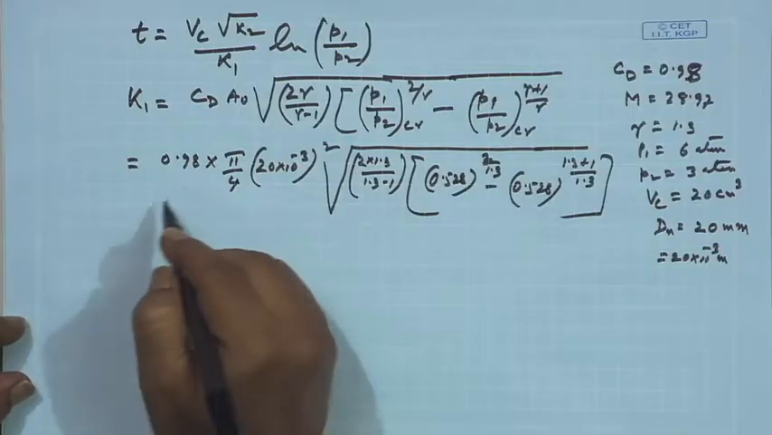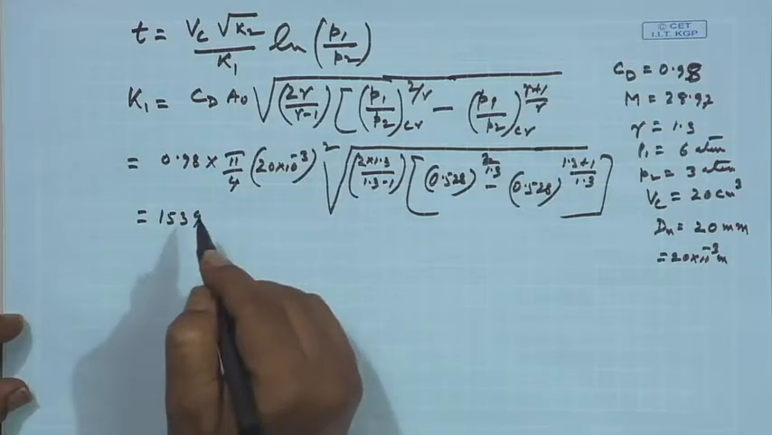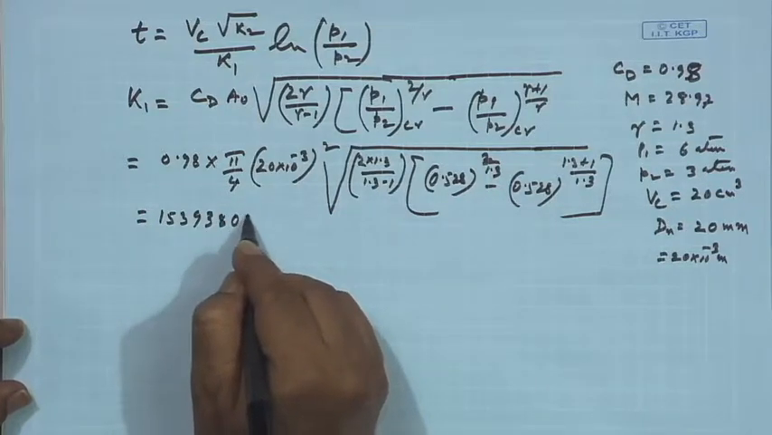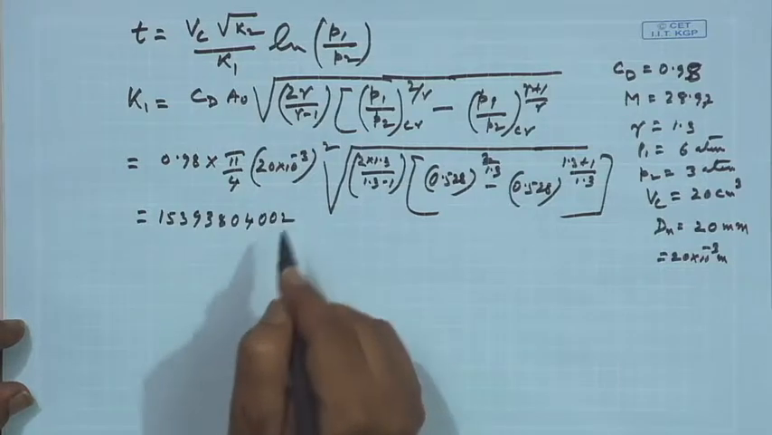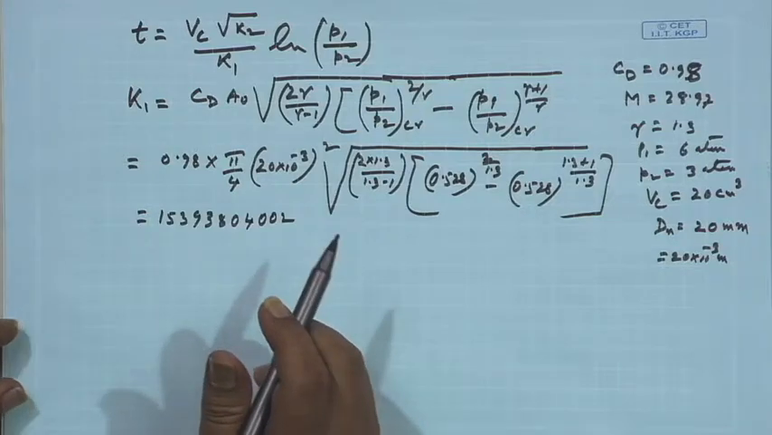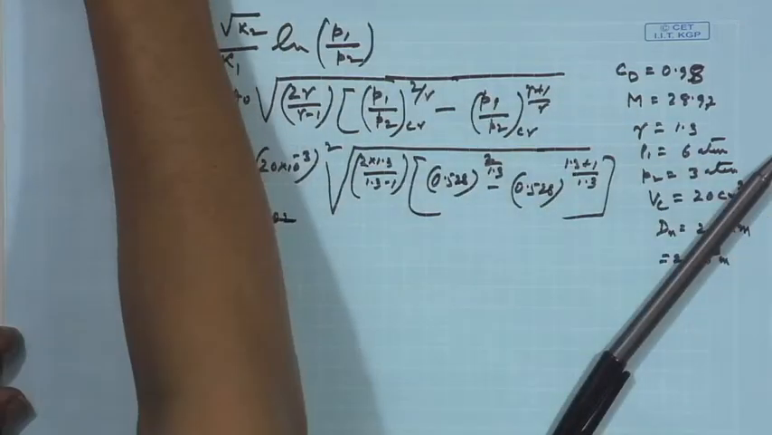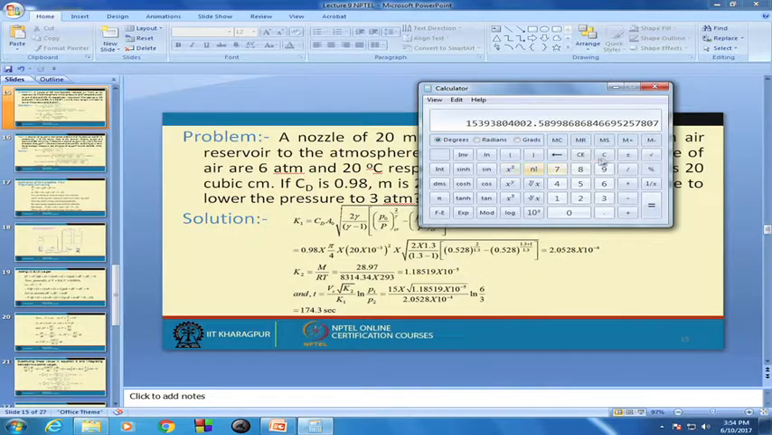Now, what about under root? So, let me also write it, otherwise 153938040002. How come it is so? Somewhere again something has been made wrong. How come it is 10 to the minus 3 whole square? So, it cannot be